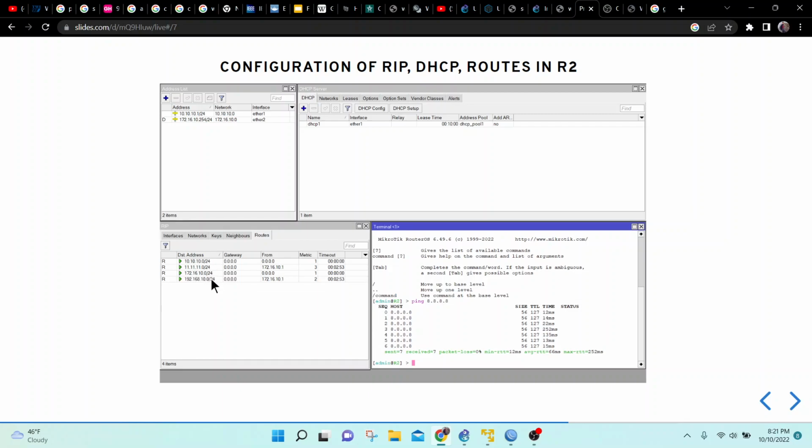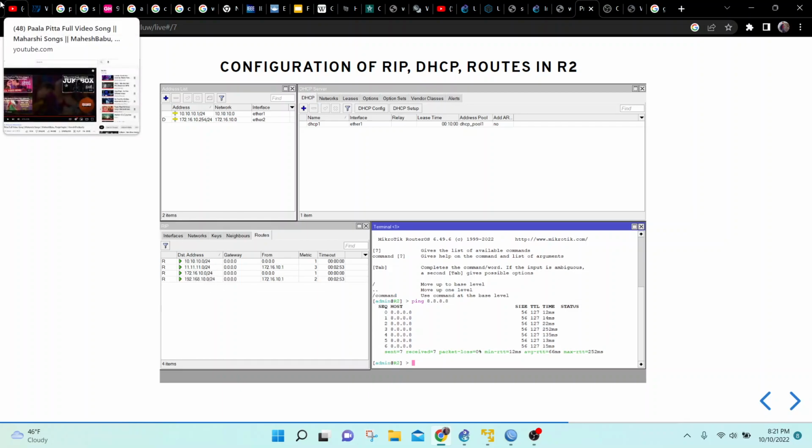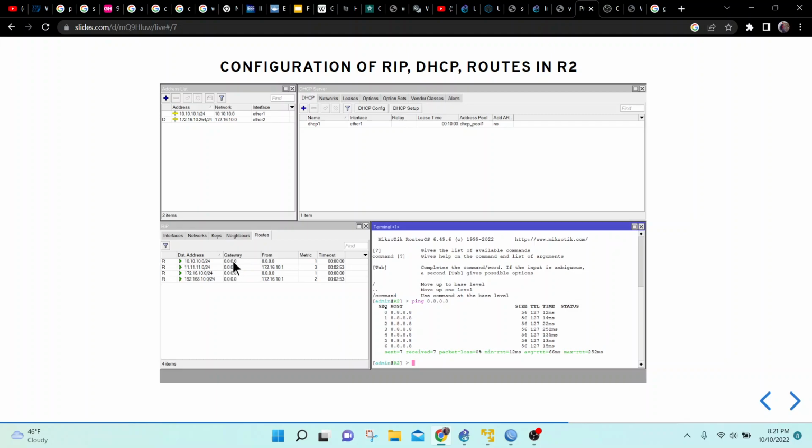So it means they can ping each other because of the RIP routing table. If one of the networks is missing in this route, you cannot ping each other. In this case, in R2, as I mentioned before, the network from R2 can ping to the internet, but